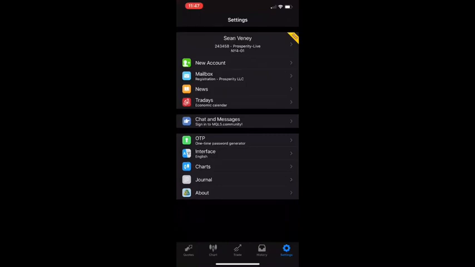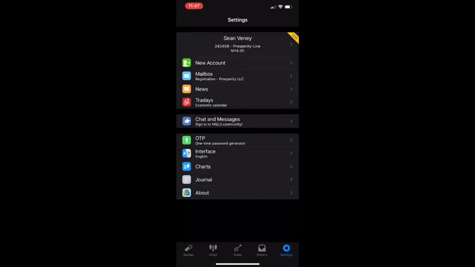This is going to be our beginner series from S&M Trading, mostly for if you are just starting out trading. We're going to show you how to set up your MT4 account. As you can see, this is my account right here. We're going to go to settings at the bottom, and we're going to open